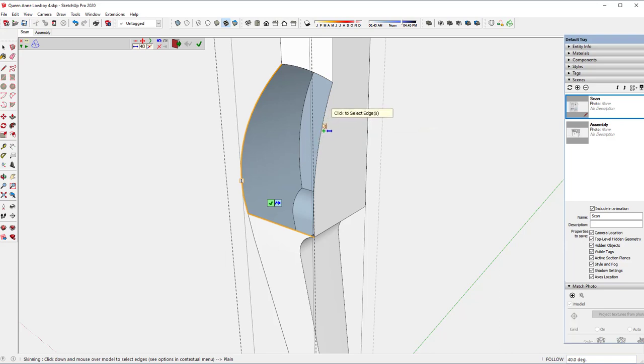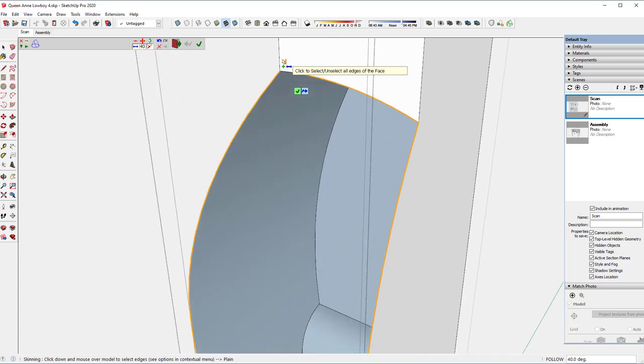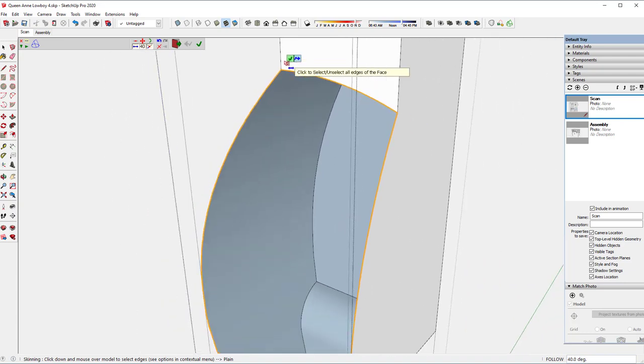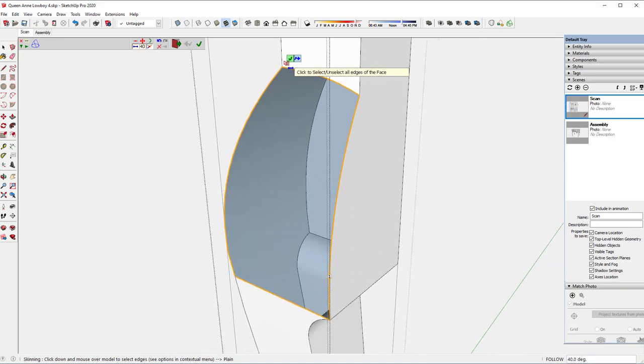I'm just clicking on these edges that are the boundaries, and it didn't quite go all the way up here, so I need to click again up here. That closes. Now I've got it bounded, and it says click to validate the contours,